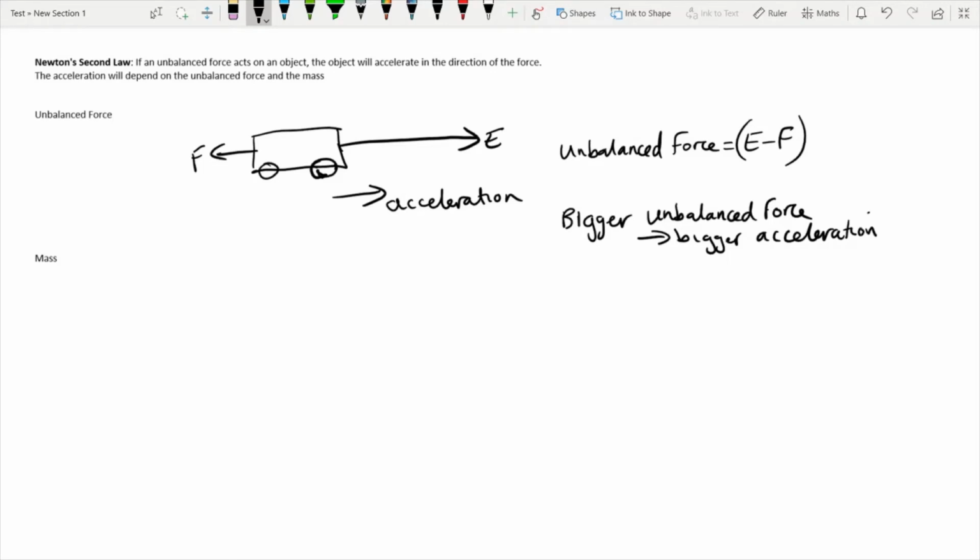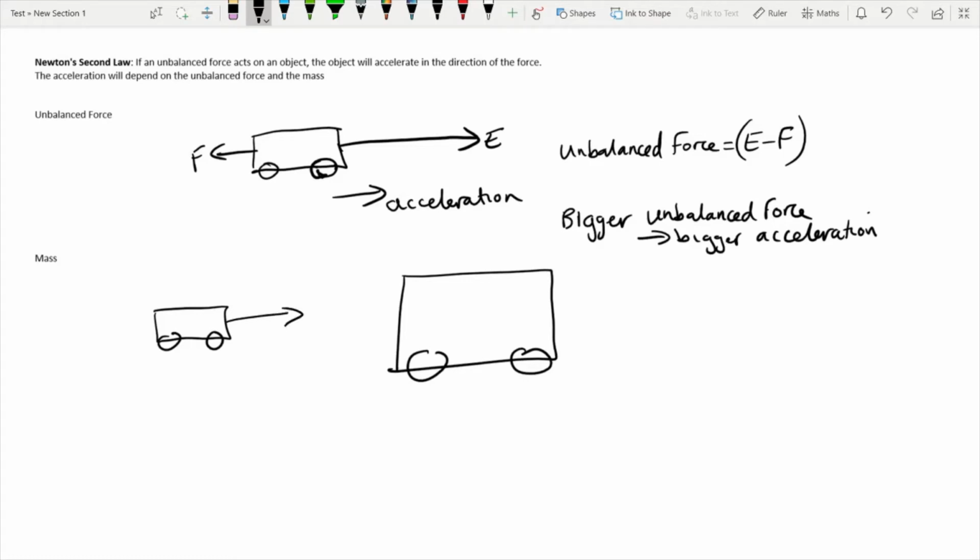In terms of mass, if you've got a little toy car and then you've got a huge, really big, heavy one, like that, if you give them the same push forwards, so if we say they have the same engine force, same size engine force, they've still got the same unbalanced force, but if one is really big, so we'll call that capital M or we'll call that little m, if one's got a really big mass,